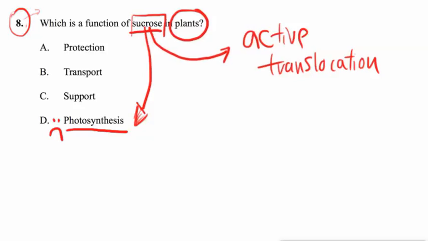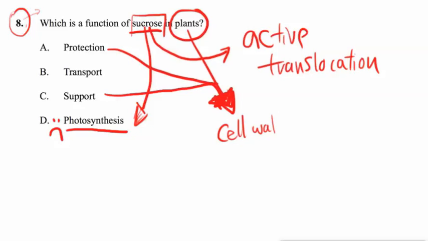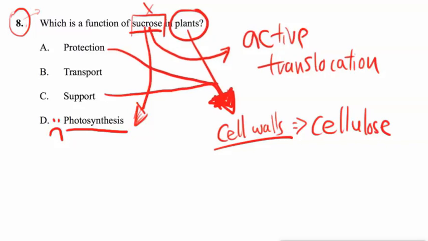Protection and support are kind of along the same lines, but really for plants, protection and support, let me join up these arrows here. It's going to be really ugly to see. I'm probably thinking about cell walls and turgor, basically. But cell walls, they do involve a carbohydrate, but it's not sucrose. It's actually a polysaccharide called cellulose, which is made up of monosaccharides, chains of glucose molecules. So cellulose would be what I would choose for A and C, but they're talking about sucrose, so those would